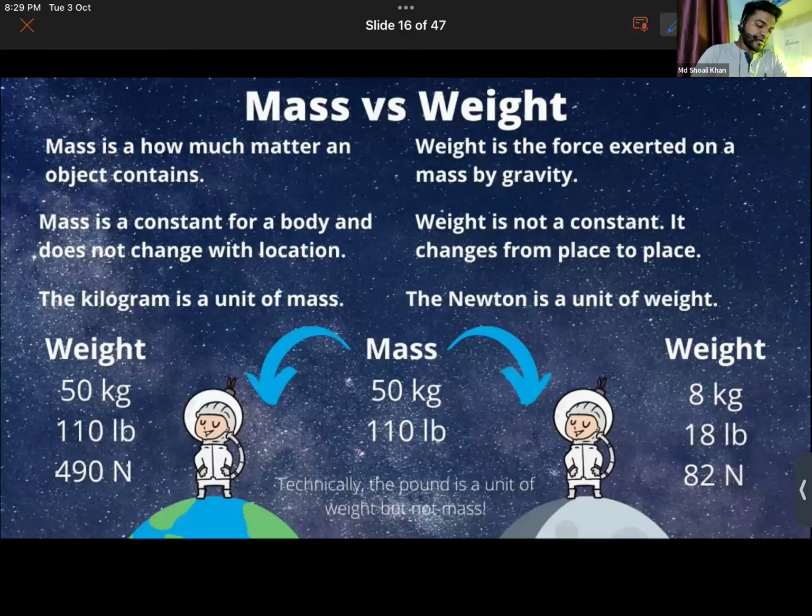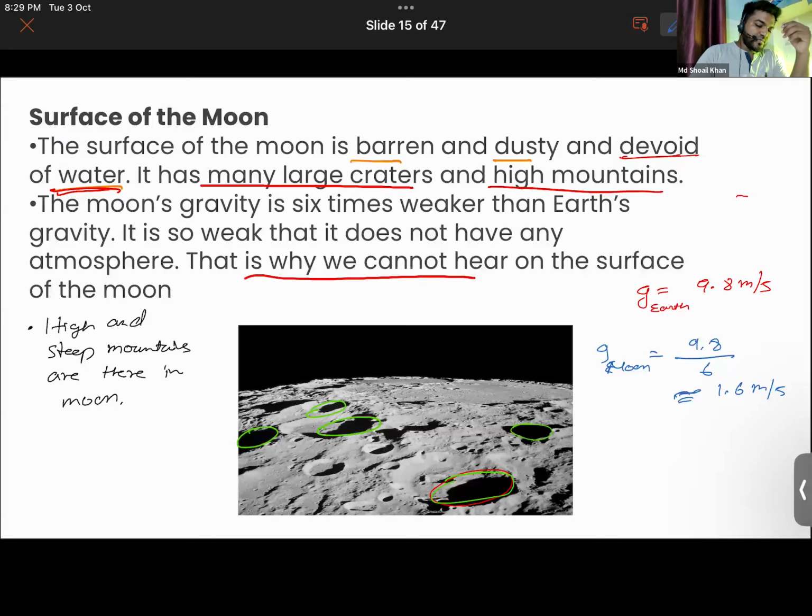Now we talked about mass and weight, you guys know what they are, right? Okay, differentiate between the two. What is mass and weight? What is the difference? So, mass is the size of the object, meanwhile, weight is